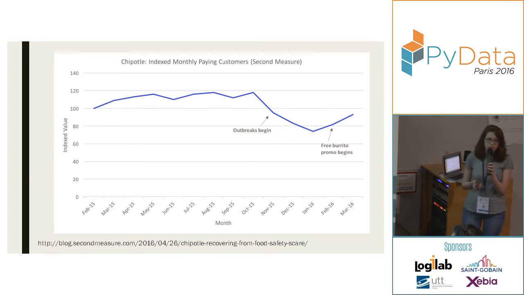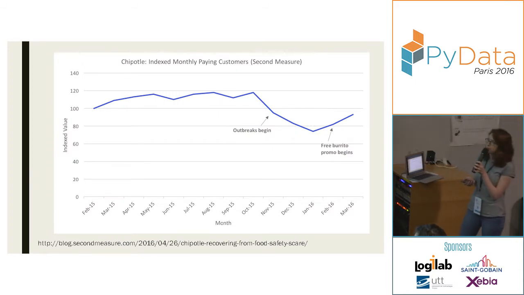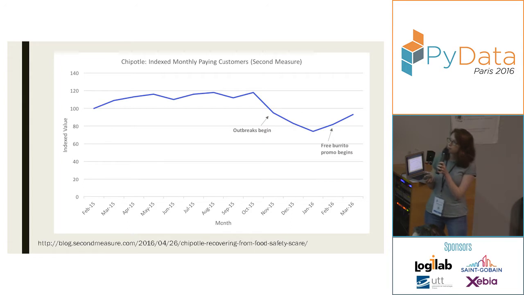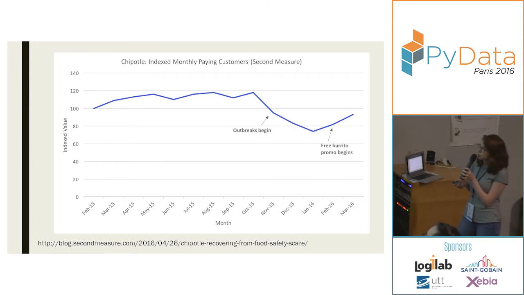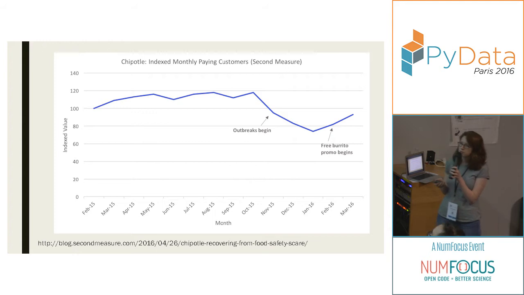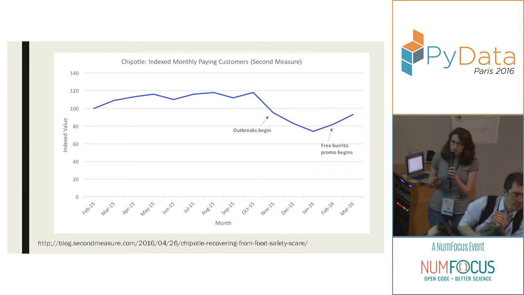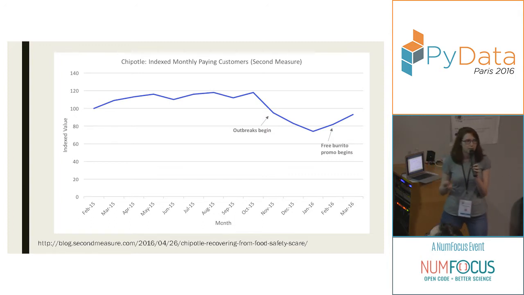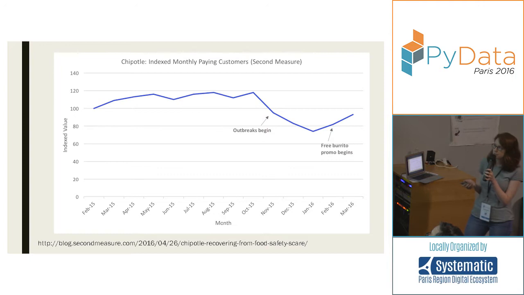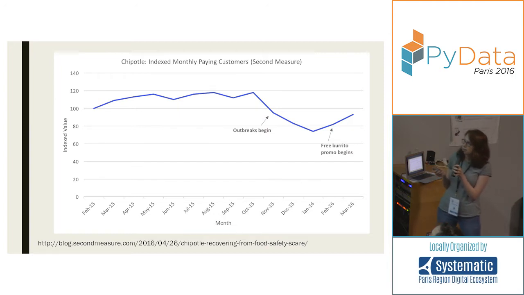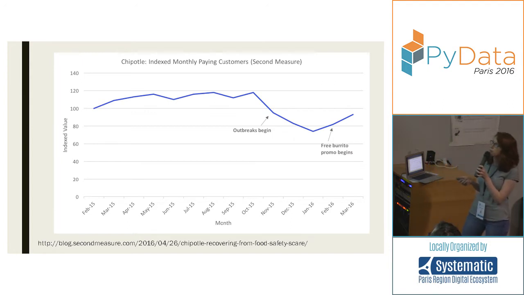So to give you an example of the sort of thing that we do, this is data from our platform, and I've pulled this figure from one of our blogs. And this is showing the index number of paying customers for Chipotle Mexican Grill, which is a fast food restaurant in the US. So Chipotle actually hasn't been having a great year. Starting last summer, there were quite a lot of reports of people getting sick after eating at their restaurants. And then there was a suspected E. coli outbreak at some restaurants in Washington and Oregon in October 2015.